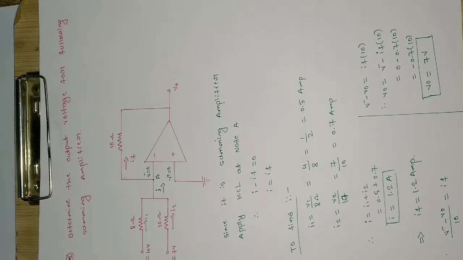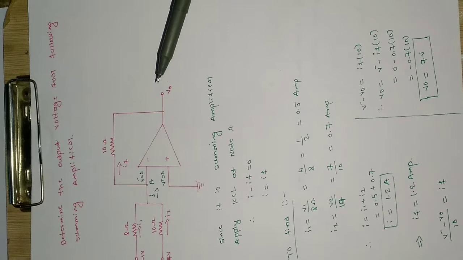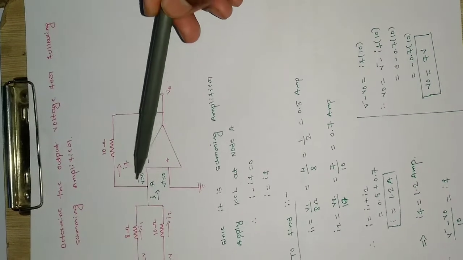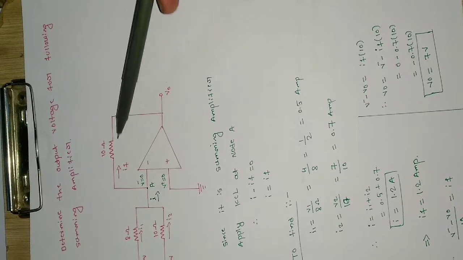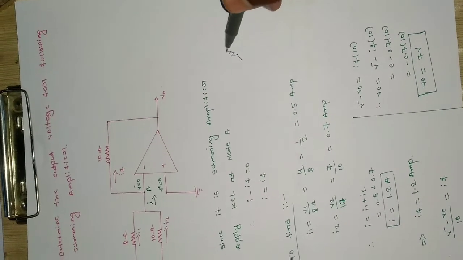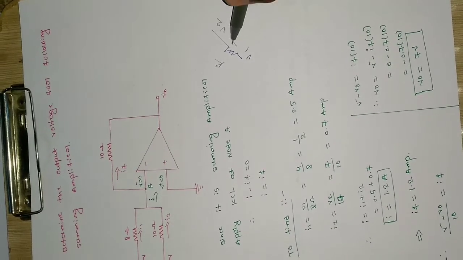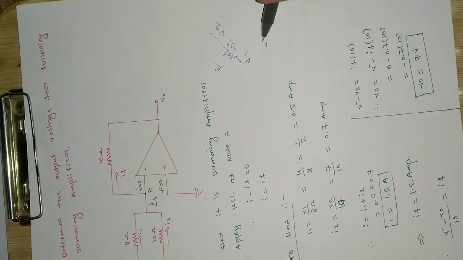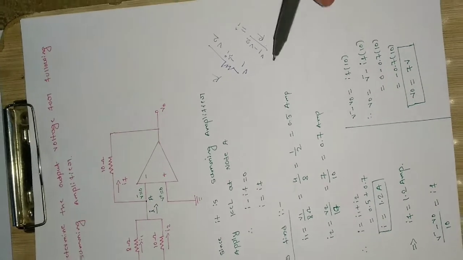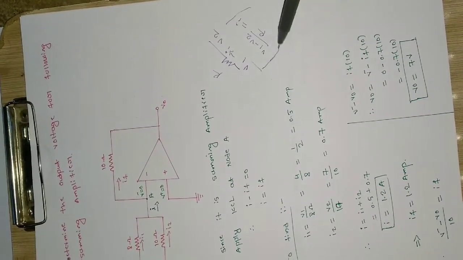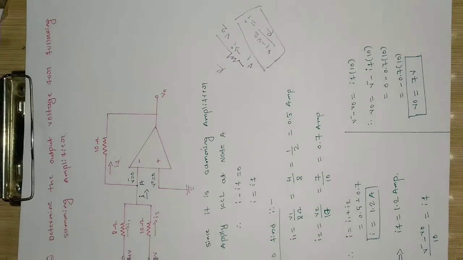Okay, so now it is time to find out the output voltage V0. So how can I do it? Again, apply the same voltage law, that is the voltage at this point minus the voltage at this point divided by this resistance will be equal to the current flowing. So if some resistance is there, and here is the voltage V1 and voltage V2 and this is the current I, then V1 minus V2 divided by R will be equal to I. This law is very important, guys, we are applying it everywhere. In case of op amp, we use this law every time, so please keep this in mind.